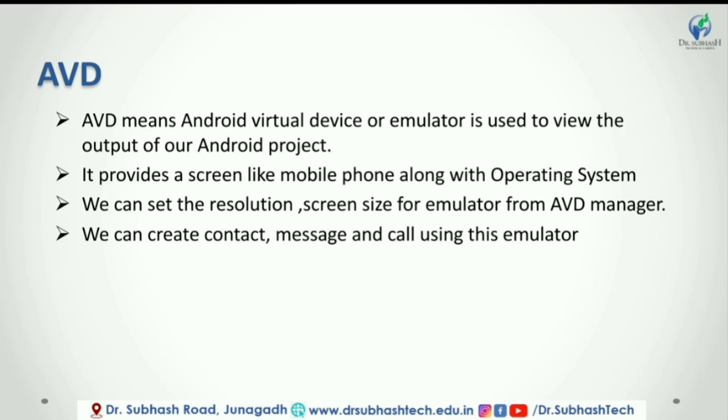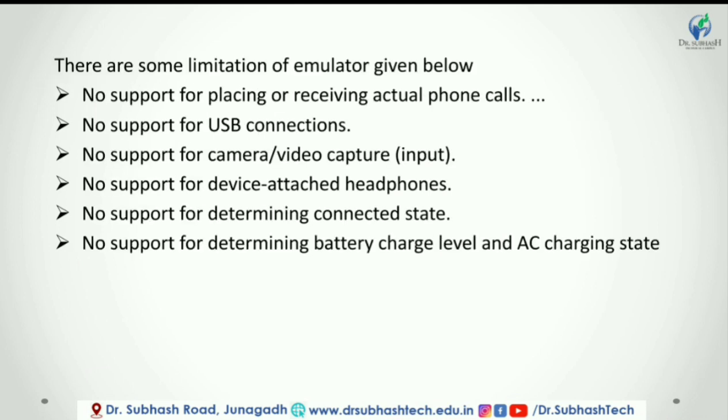For example, Apple Newton is based on ARM6 processor. Devices such as iPod and Game Boy Advance run on ARM architecture version 4 with approximately 30,000 transistors. Compared to that, Pentium Classic contain 3.2 million transistors. So this is the basic of AVD, and now some limitations of emulator are given below.